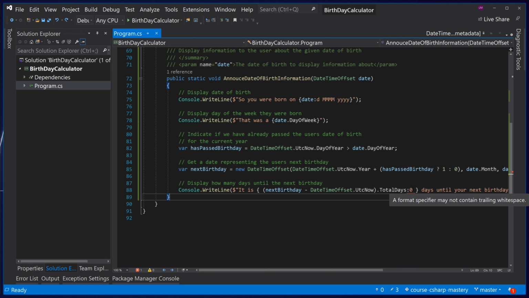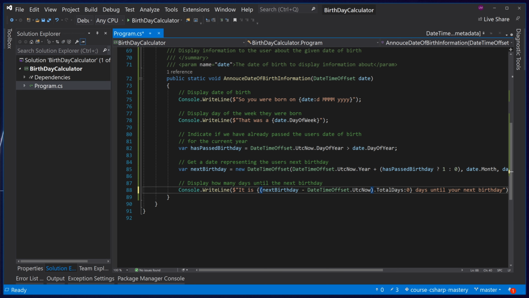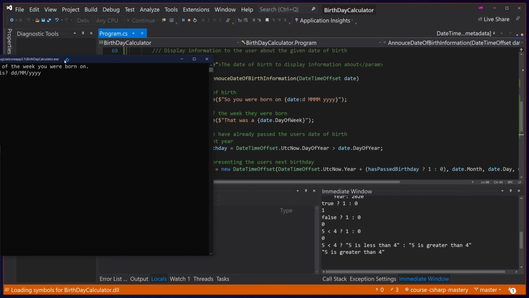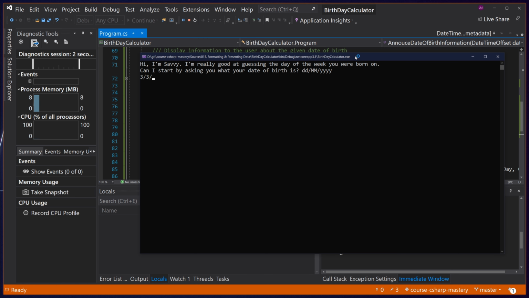Whenever we use a string format, we cannot have spaces before the closing curly brace. This is because part of this string can contain spaces such as this, so it needs to know after the colon when to end. If we do this, I like to generally remove the trailing space from the start as well, so it looks even. If we run this code now and enter the same date of birth,